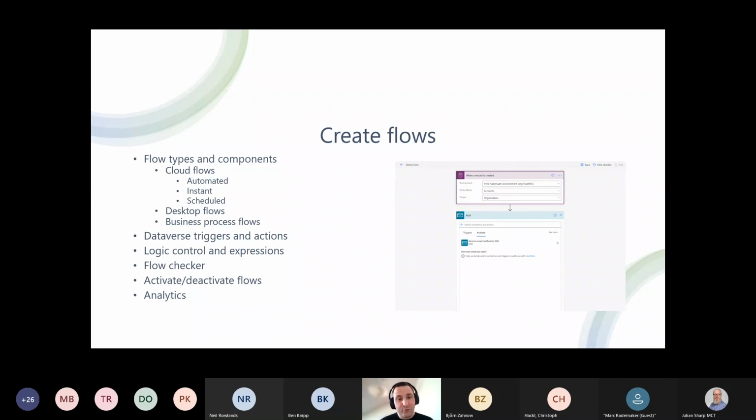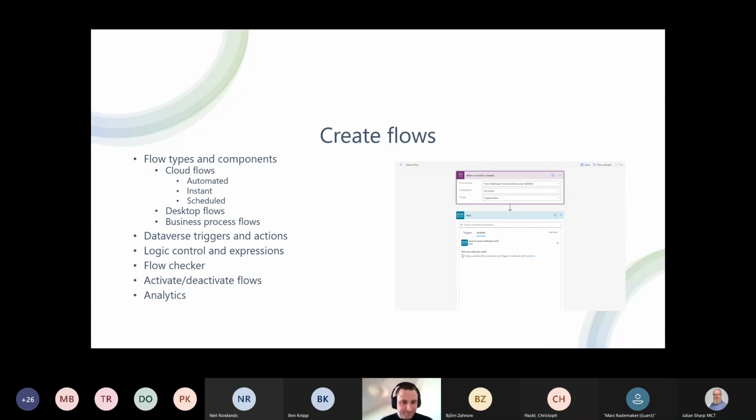And inside a flow, you have triggers and actions. And inside cloud flow, you have automated flow, instant flow, and scheduled flow. You need to understand these types of flow. What are the main features of each? Automated flow is related to a trigger, instant flow is related to human interaction, sometimes a button or something like this, and scheduled flow. You need to understand how to create them, how to add some trigger and action, how to schedule them, and everything